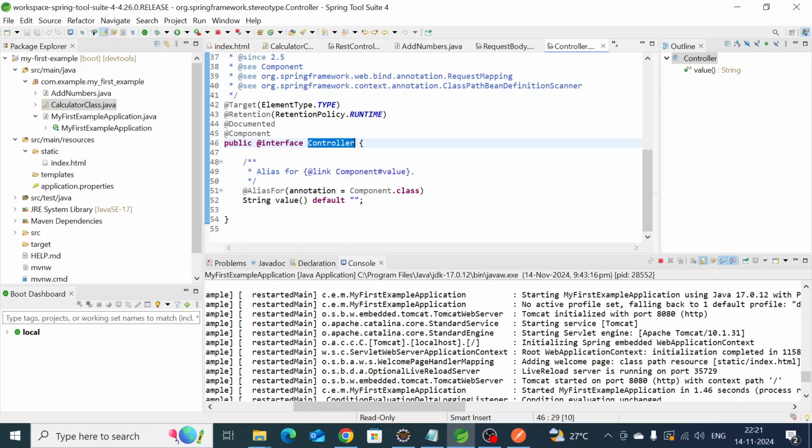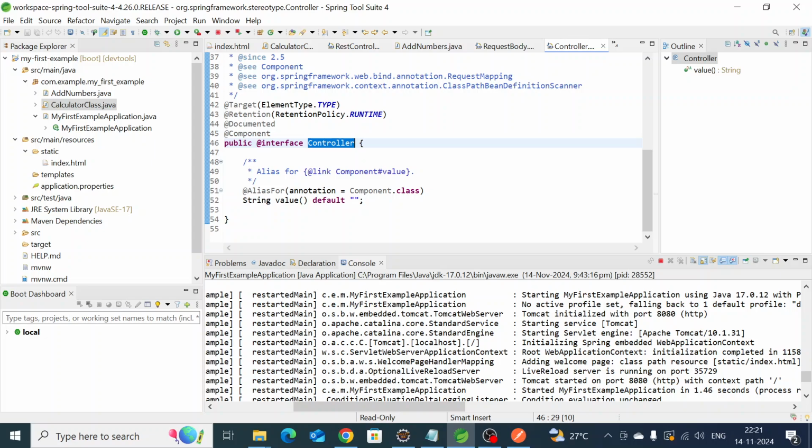A specific annotation is used for a specific purpose. If you use the rest controller, it is going to connect with the UI and give the endpoints. And if you use the service annotation,